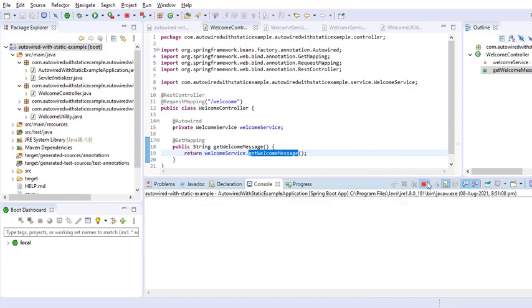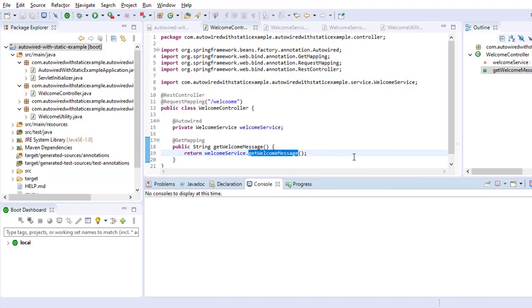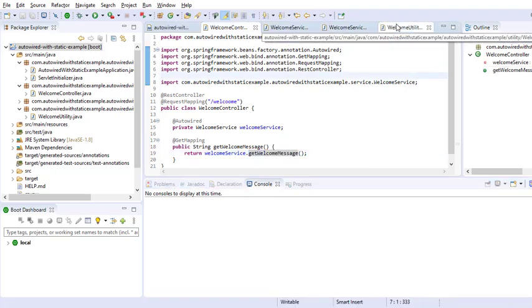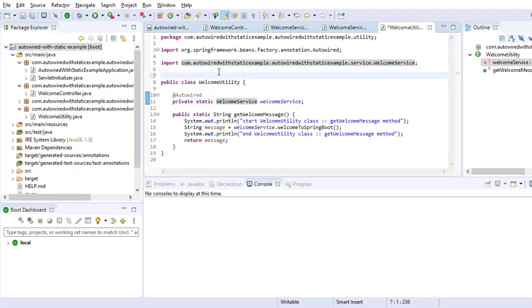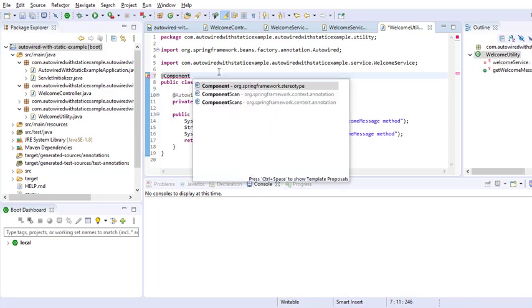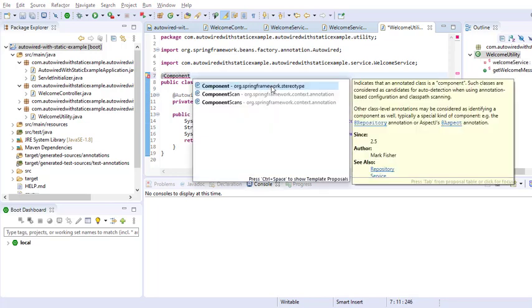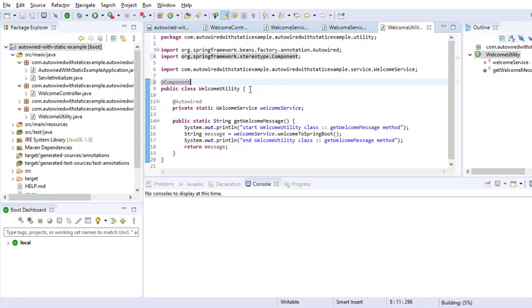Let's see the constructor injection way first. Go to the WelcomeUtility class and mark your class with the @Component annotation, so that it creates a bean for us.